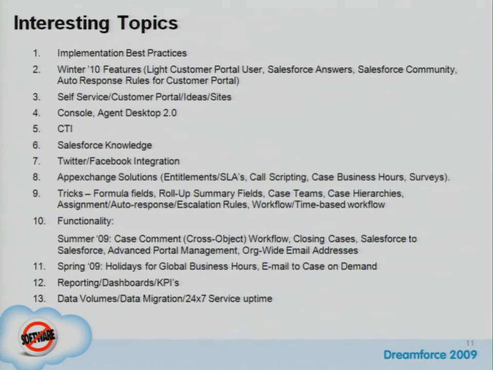We don't have a knowledge base built yet, but we're going to start doing that. I sat in a session that talked about the articles, and I had known from the past about solutions. At a high level, can you give me an overview of the pros and cons of each and which you would recommend for support? Olivia? I would recommend definitely the knowledge base. Of course. That's his baby, by the way, knowledge base, right?